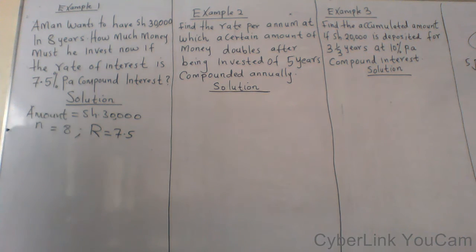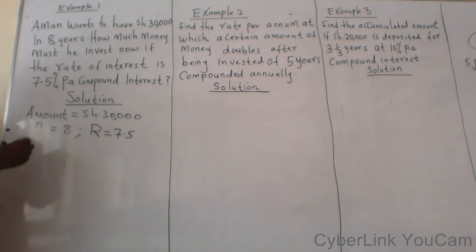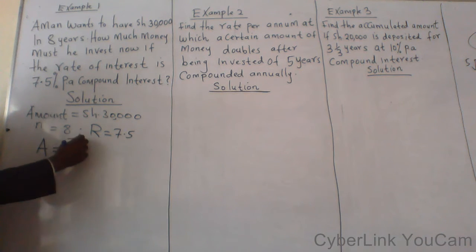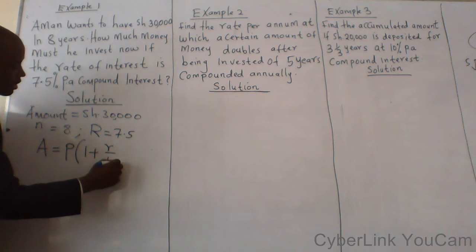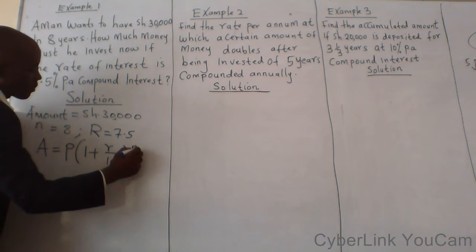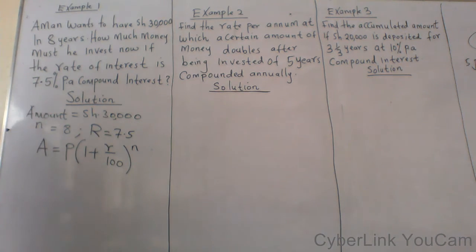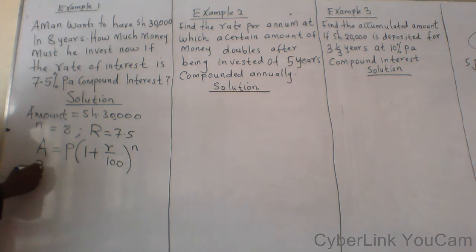So the next thing you shall do is to write the compound interest formula. The compound interest formula is written as A is equal to P into (1 plus R all over 100) raised to power N. That is the compound interest formula. And remember, our intention is to get P. That tells you that we can substitute in this formula,